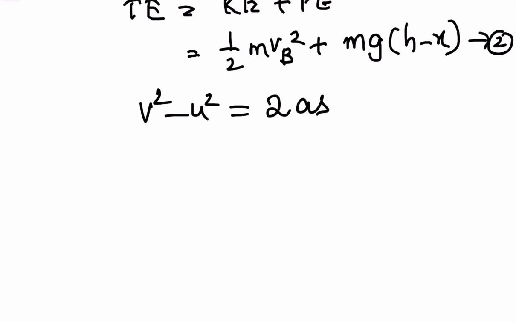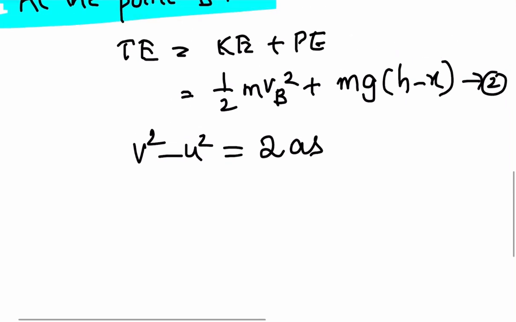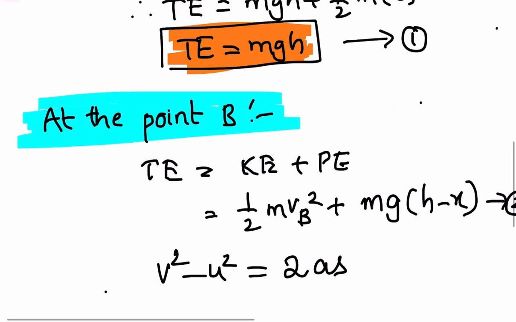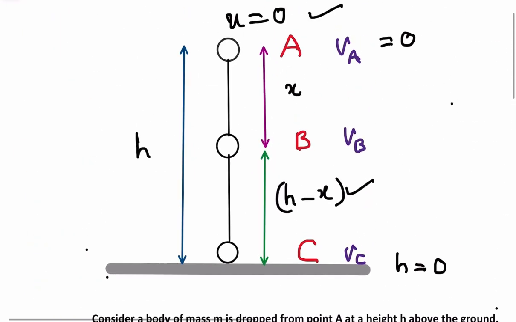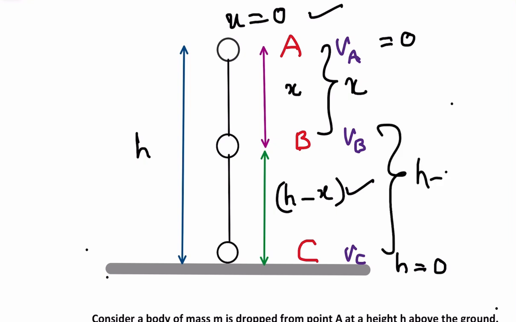Just now I have shown you that at point B, it traveled a distance of x here. So, if you see here, very clearly, it traveled a distance of x. From ground, it is at a height of h minus x. Okay. So, now let us go down and write v square minus u square is equal to